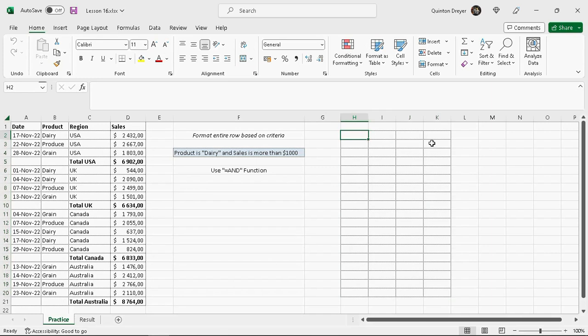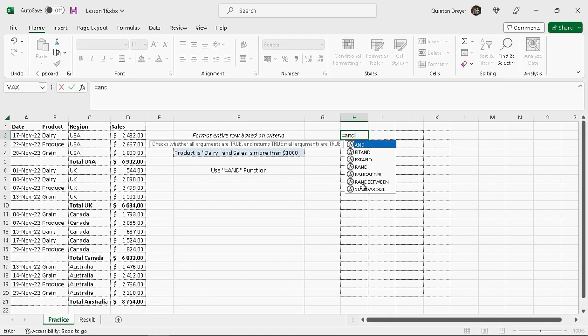This would just show us a whole lot of true or false values to show you how conditional formatting would apply it to our range here. So let's apply the AND function. We'll start with AND. So in this case, what is logical one? Is the product dairy? So what we need to do, we need to lock the column on here, because we're going to copy